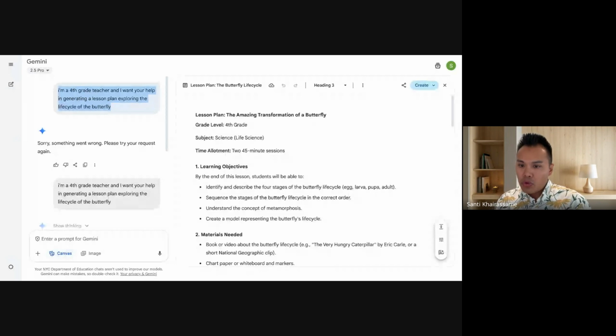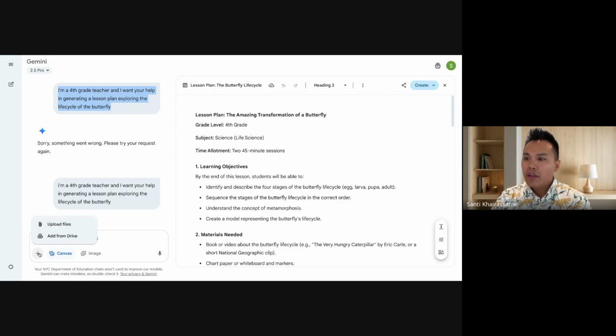Let's see, Claudia, can you download PDFs to help you create lessons? Yeah, no, absolutely. So that's the amazing thing. Since this went through that security approval process, it's linked with your DOE. If I wanted to give this more context, if I wanted this to include standards, check this out. There's a plus button at the bottom down here. I can upload files from my computer or my school Google Drive.